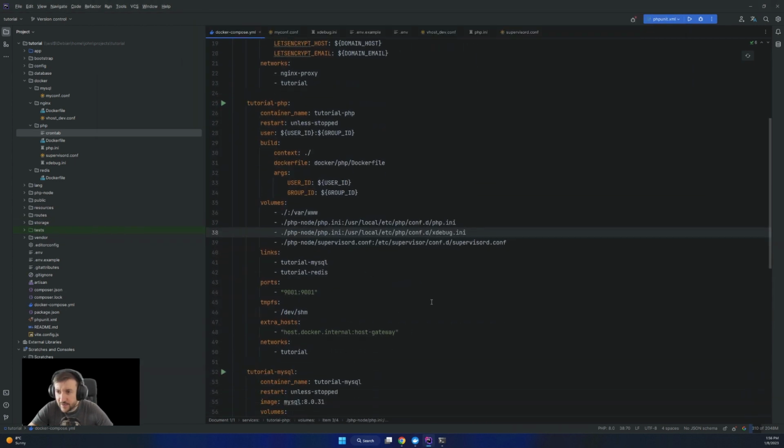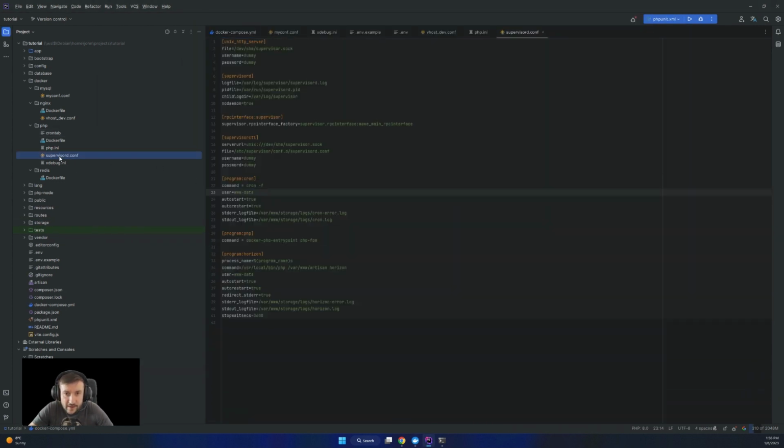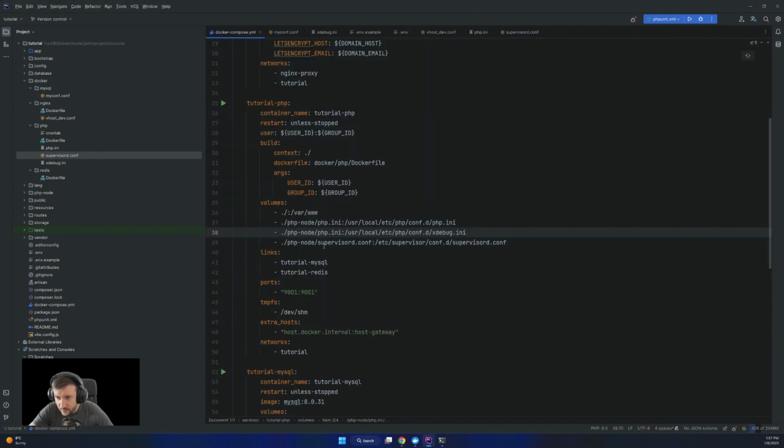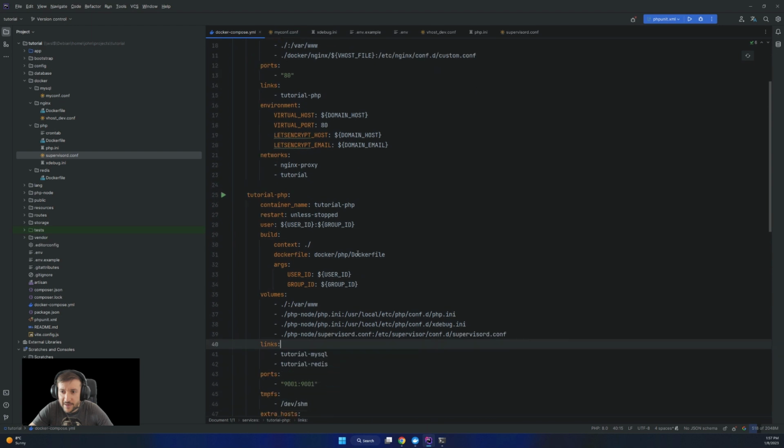So let's see supervisor. We have supervisord.conf. Maybe I didn't get the name right. That's the first thing to do. Going back to the PHP node, so that's my bad.